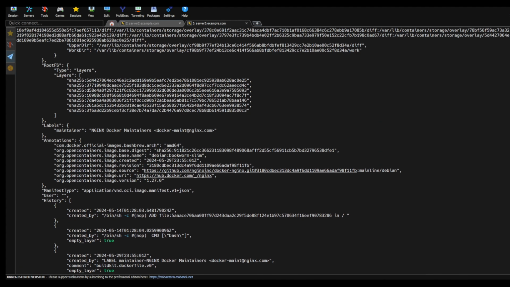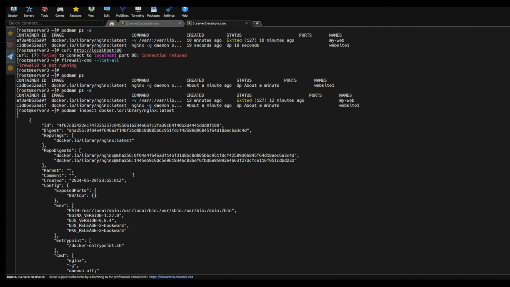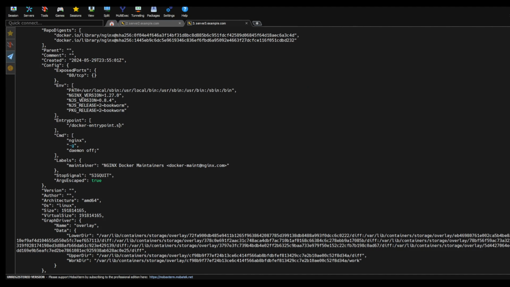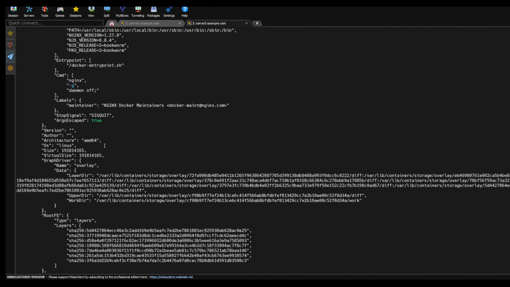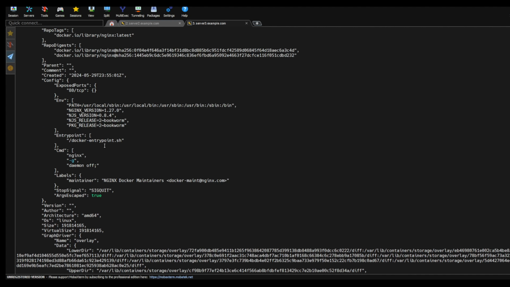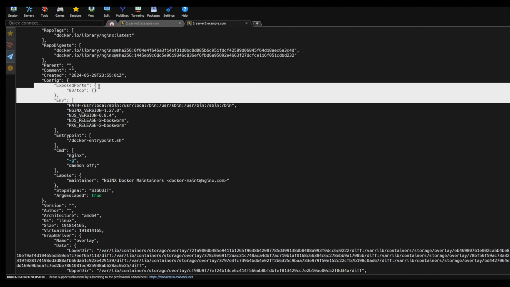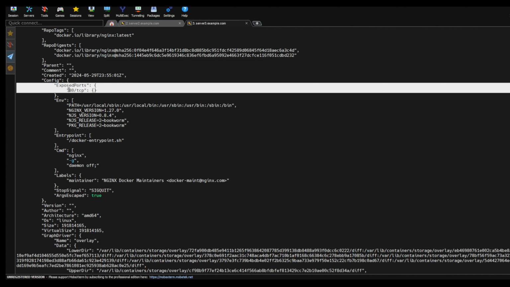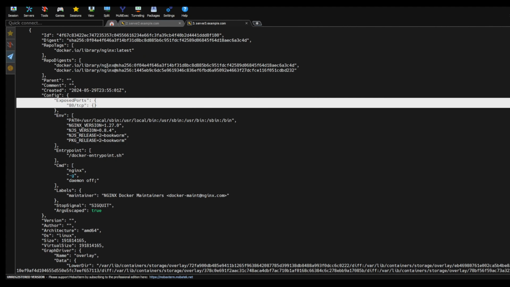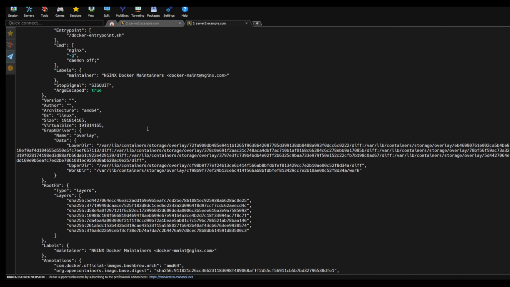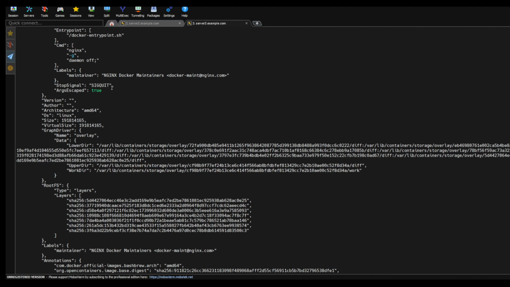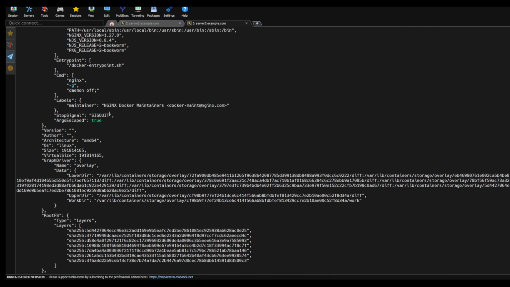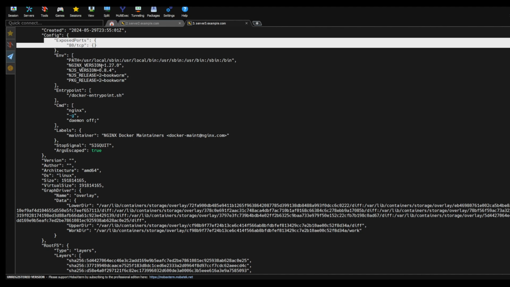So let's go on top. There we go. So it runs on port 80 directly, and we should have a bit below, there we go, up there. So we don't have to specify the directory, we don't have to specify the port either,